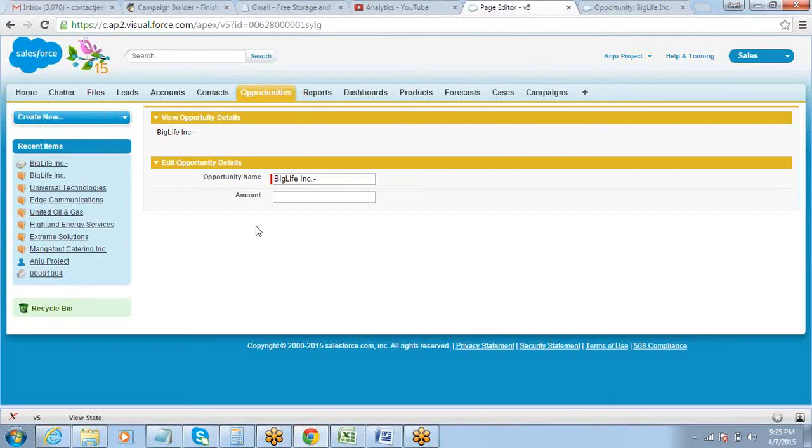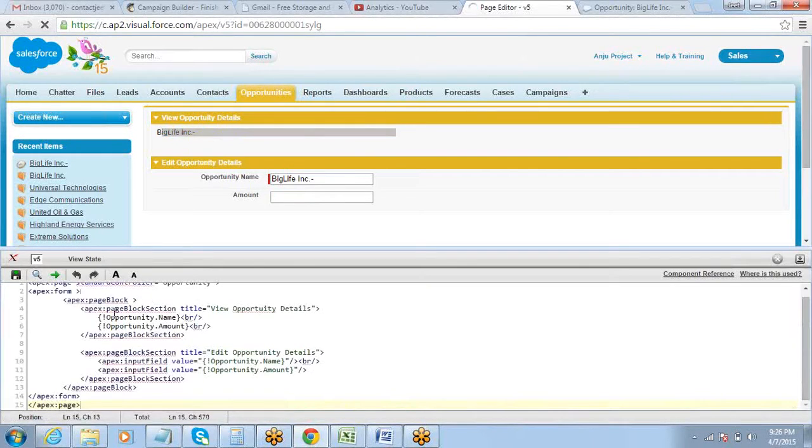So the input field component gives you this input kind of field where you can make the changes that you want. Now view allows you only to see the data. So under view I have just used opportunity.name, but under the edit section I have used the input field component, which allows me to enter the value. Like for an amount I want to put 200,000.